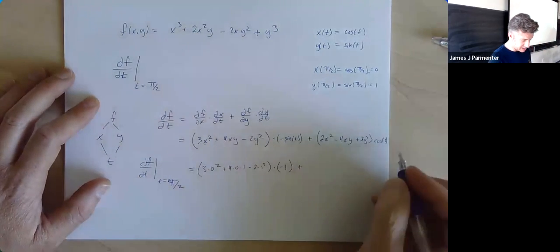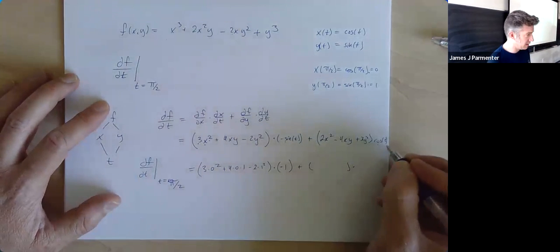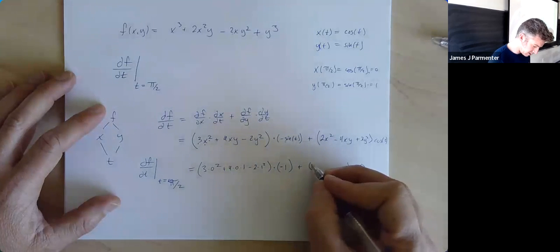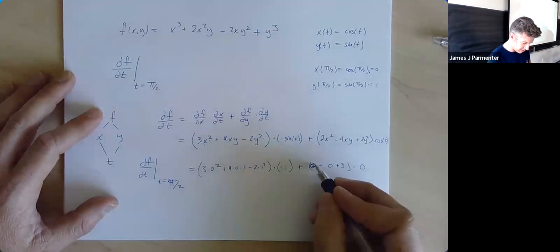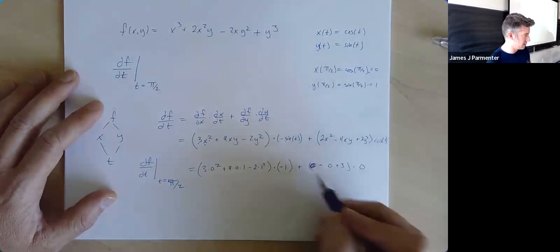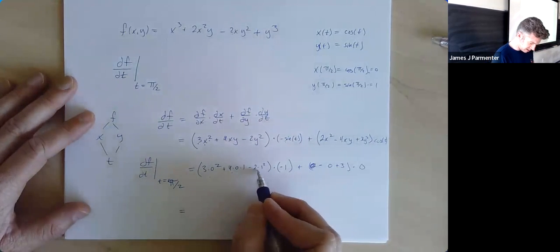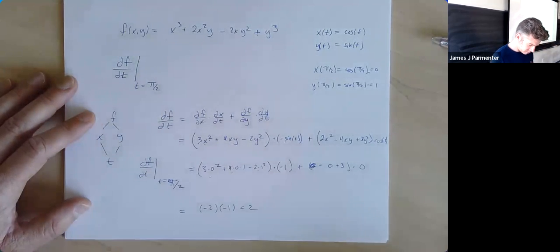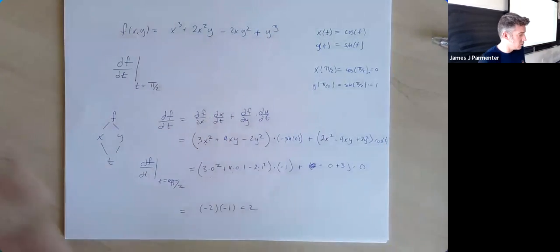And then same deal over here. Actually, over here, I shouldn't write anything. I should just write all of this times cosine of pi over 2, which is 0. You could fill it in, it's not terrible. You get 0 minus 0 plus 3. But since it's all multiplied by 0, we don't really need to worry about what any of this is. And then simplifying, we end up getting 0 plus 0 minus 2 times negative 1, which is 2. So that's probably the easiest way to do this particular